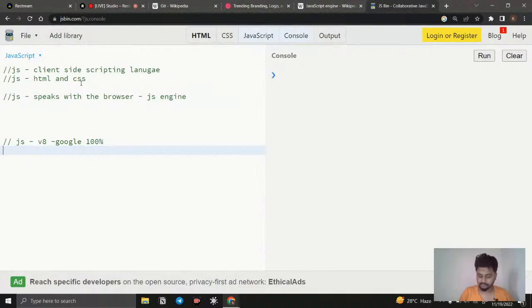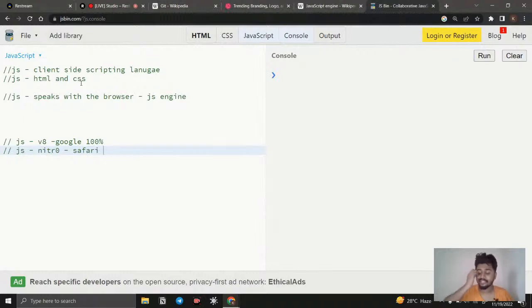Then the same code, whatever I'm writing in JS, I'm using with another engine. The engine is going to be Nitro, developed by the Safari team. Don't care about the spellings.